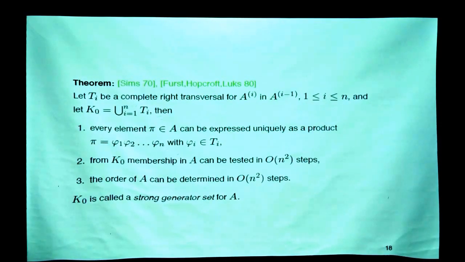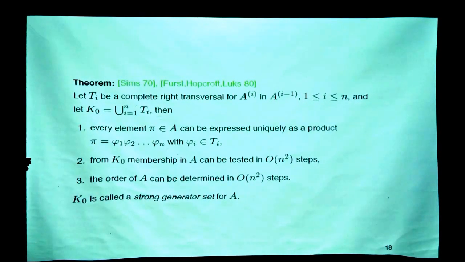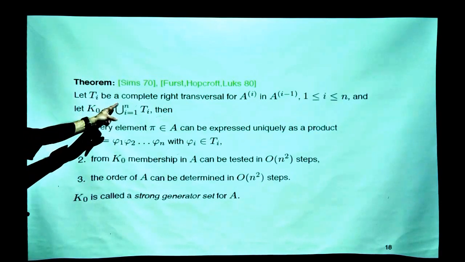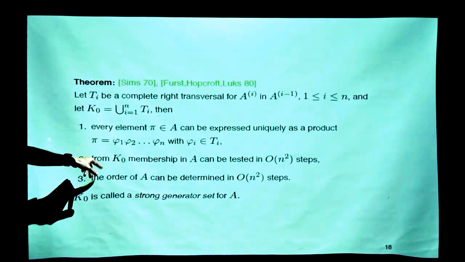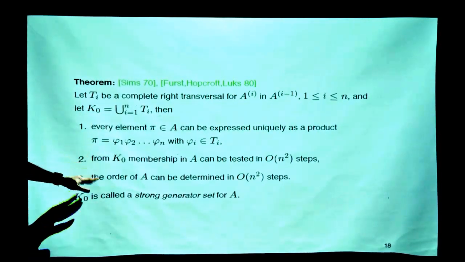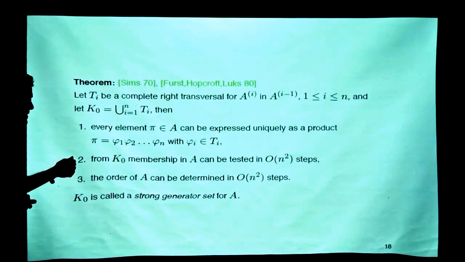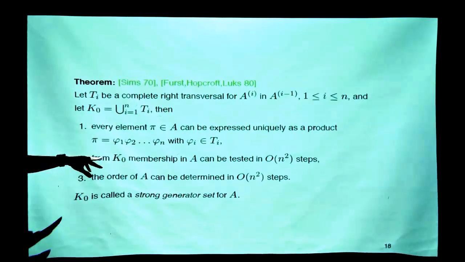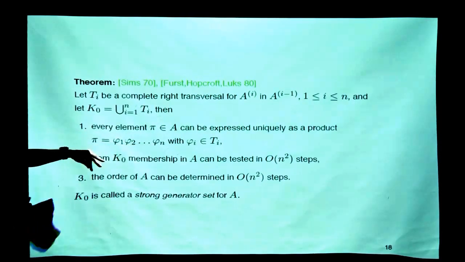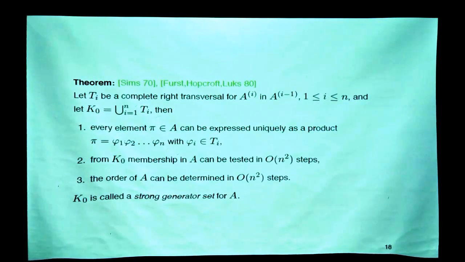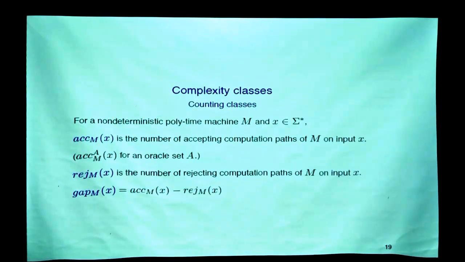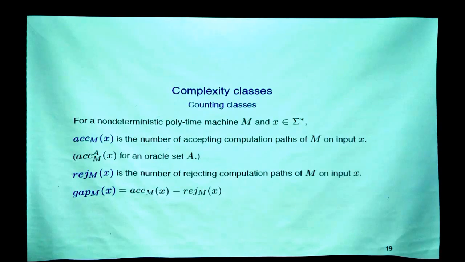And also, if we have this right transversal, we can test membership in the group, all in polynomial time. So this is a special kind of generator, where the element A is the product of this generator, but in a canonical way. So, showing this classification,